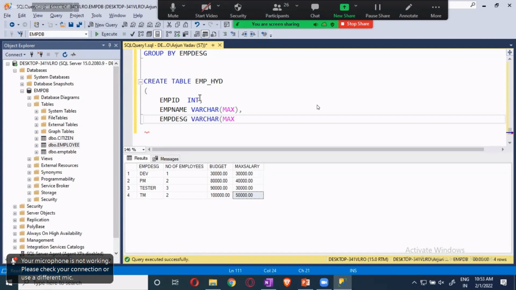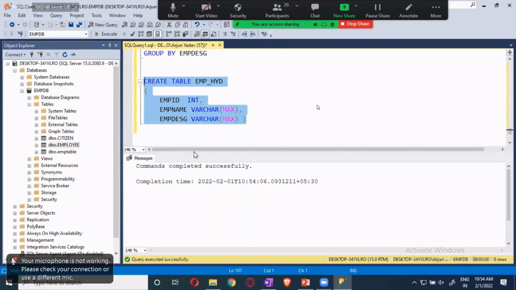All of them will be having Hyderabad as the location, so no need of a location column. This is the table I created.